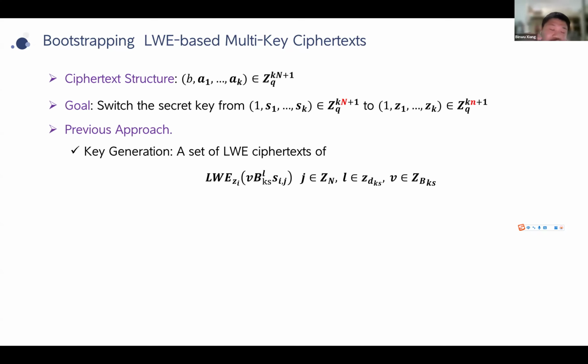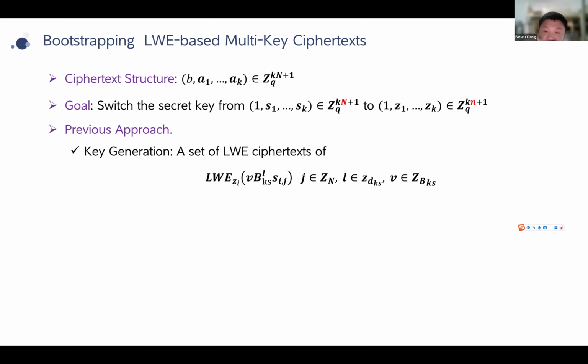Let's review the previous approach. The input is an LWE ciphertext consisting of b followed by a_1 through a_k. Here, each a_i is in an n-dimensional vector space over Z_q, and the goal of key switching is to switch the secret key from a big N-dimensional secret key back to a small n-dimensional secret key. To achieve this, the previous method involved